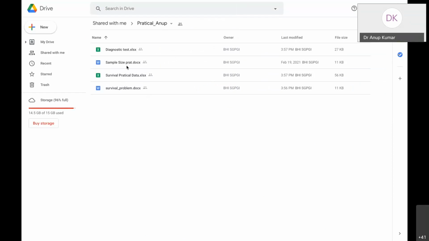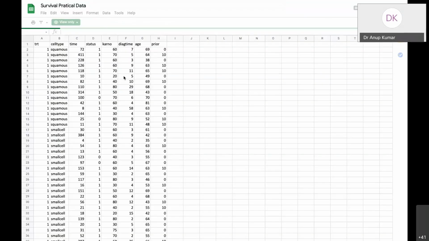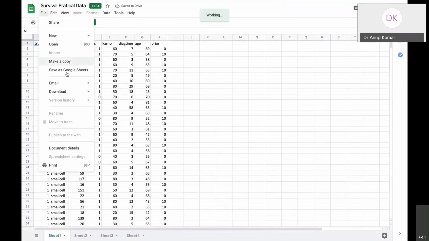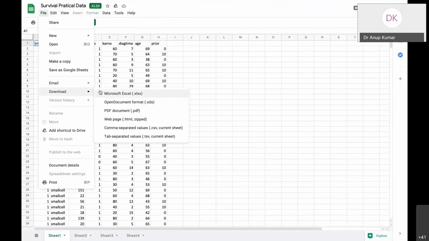Already we have discussed the sample size practical on Friday. This survival practical data and the problem sheet on the survival. So first of all, download this survival practical data, and the Google Sheet will open. Then go to File and simply download the data.